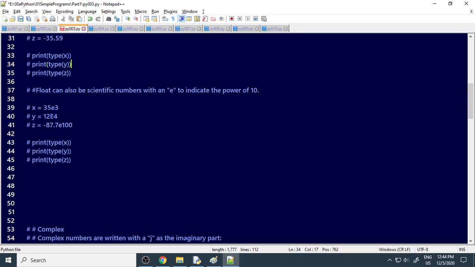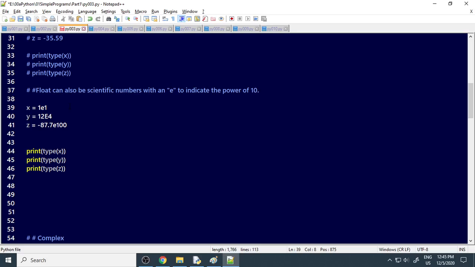So one more thing about the float. Float can take e. E means 10 to the power of. Now I'll show you how it takes. Here let's make it simple: 1e10. What is 1 to the power of 10? No, it is 10 to the power of 10. So 10 zeros.